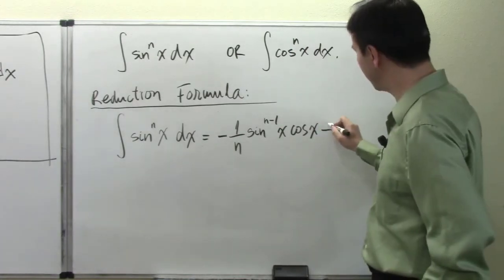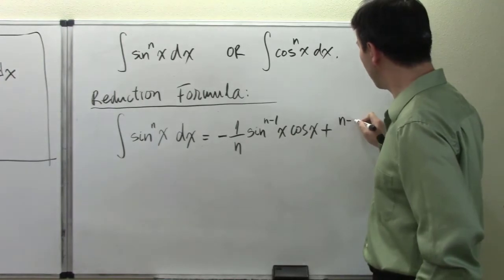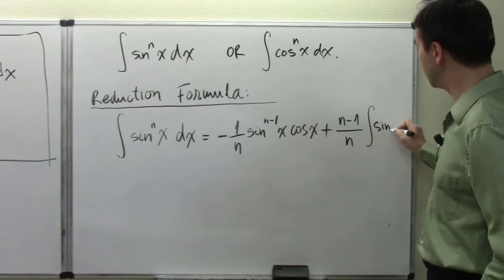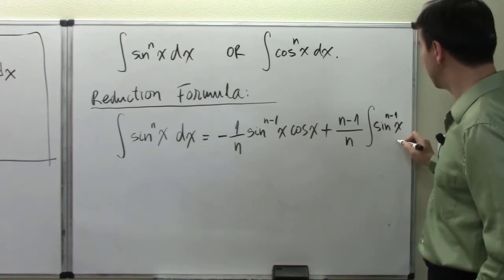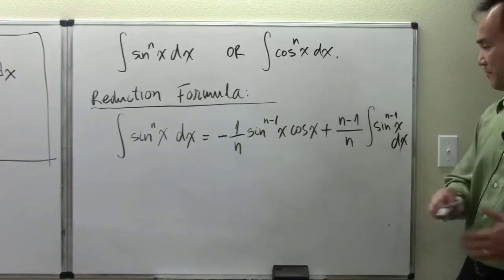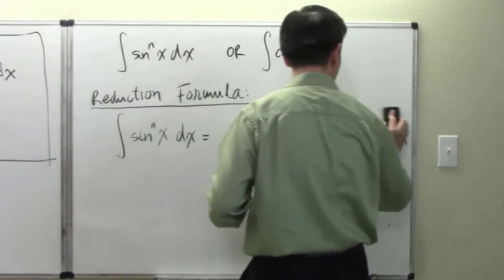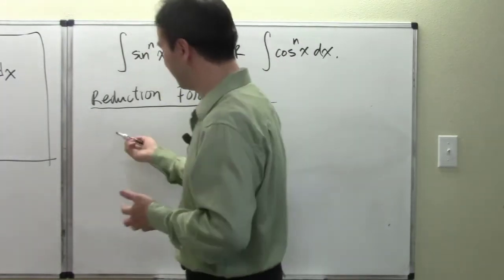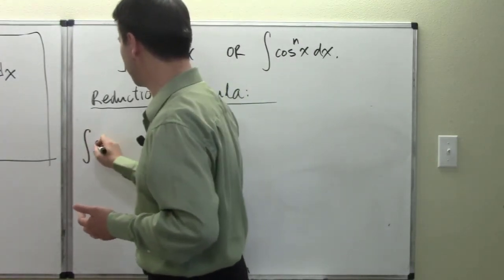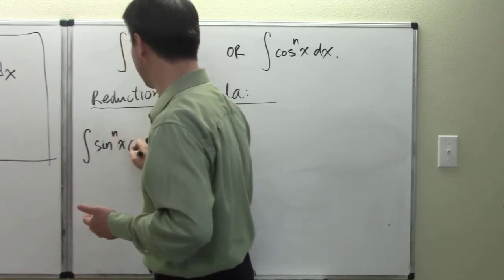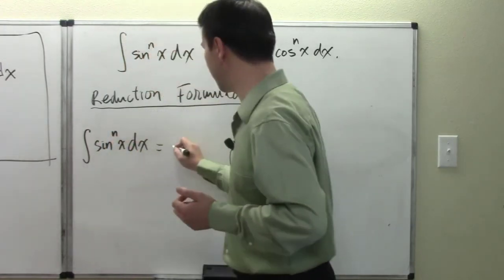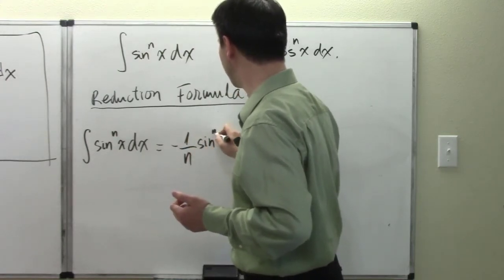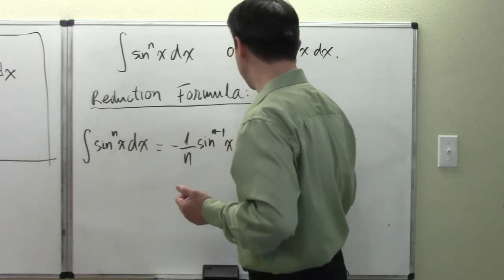And then I'm adding (n minus 1)/n times the integral of sine to the n minus 1 of x dx. Okay, or let me rewrite it in a cleaner version, because I just realized I didn't use my board space very well over here. So sine to the power n of x, according to the reduction formula, is negative 1 over n times sine to the n minus 1 of x times cosine of x, plus